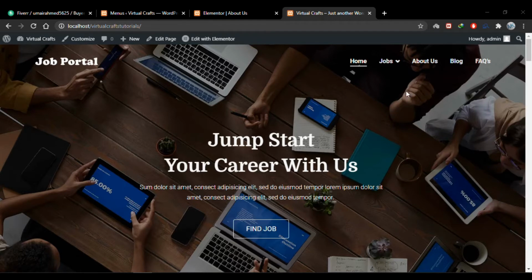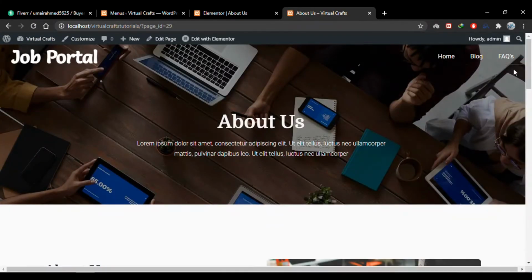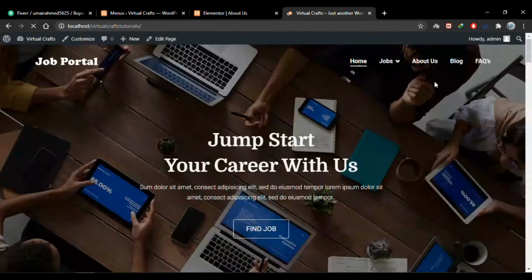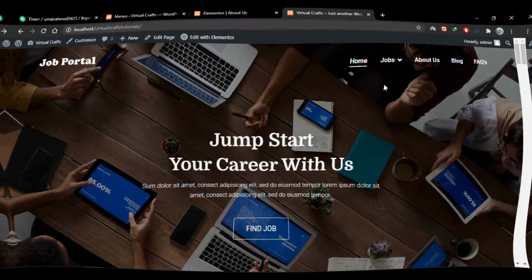Currently on the home page this menu is shown, and for the about us page I want to show this menu. Now I've not done the styling, the font is different from the one that is on the home page, but you can always style it. I'm just trying to make you understand the concept that on the about us page we have a different menu, and on the home page we have a different menu. So you can do this using Elementor, and I'll explain it in detail in this video, so follow along. So let's get started with how we can do it.